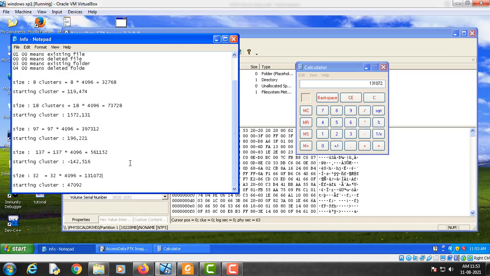So now we have calculated the size of that particular portion of file in bytes.